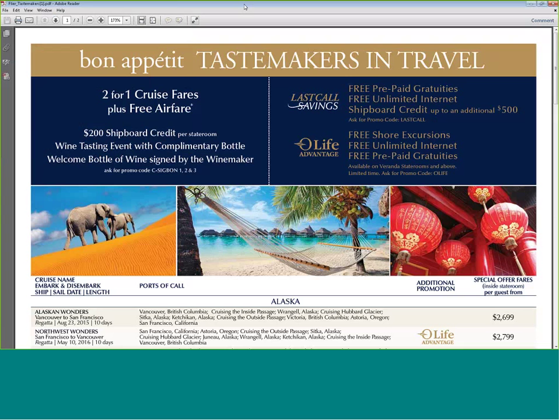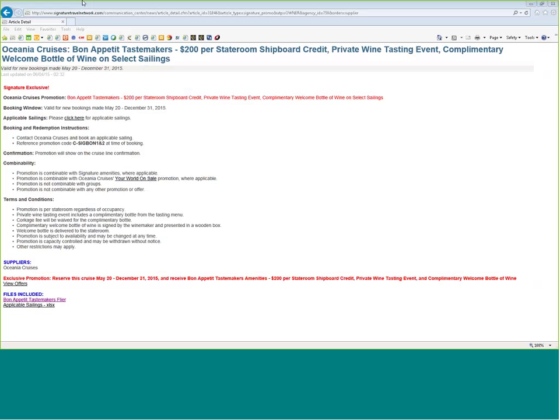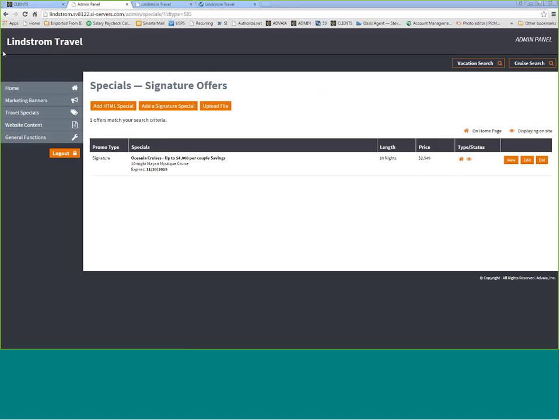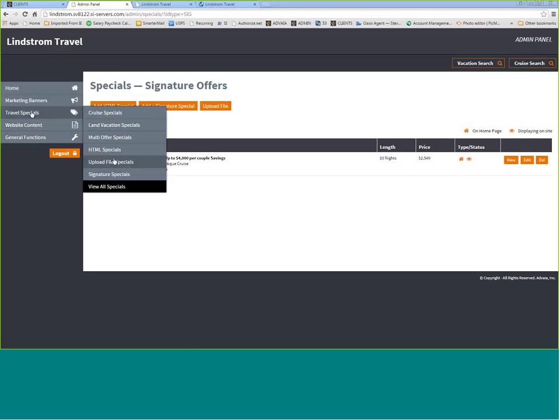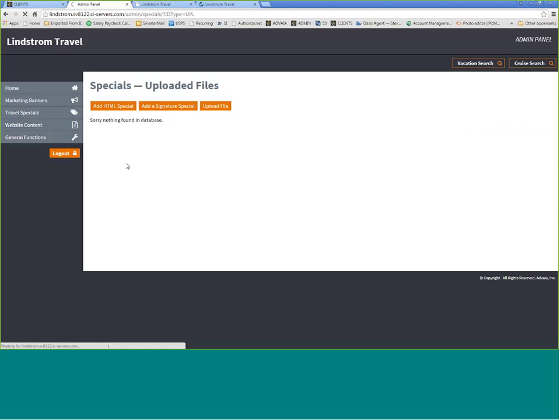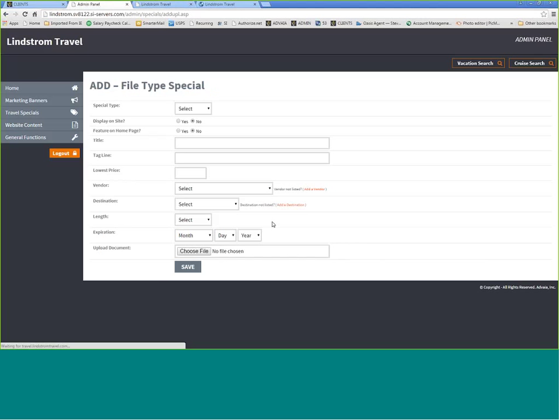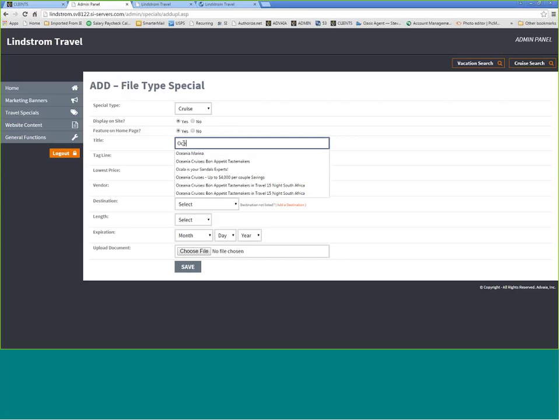So I save that. Now I'm going to go back into my content management system, and I'm going to create an upload file special or PDF special. I have nothing in here, so I'm going to start from here. I'm going to select this as a cruise. Now here it really doesn't matter because this is just telling me the type of special I'm creating. It doesn't have to read from the signature database because it's actually pulling from the PDF file. So this is going to be Oceana Cruises,